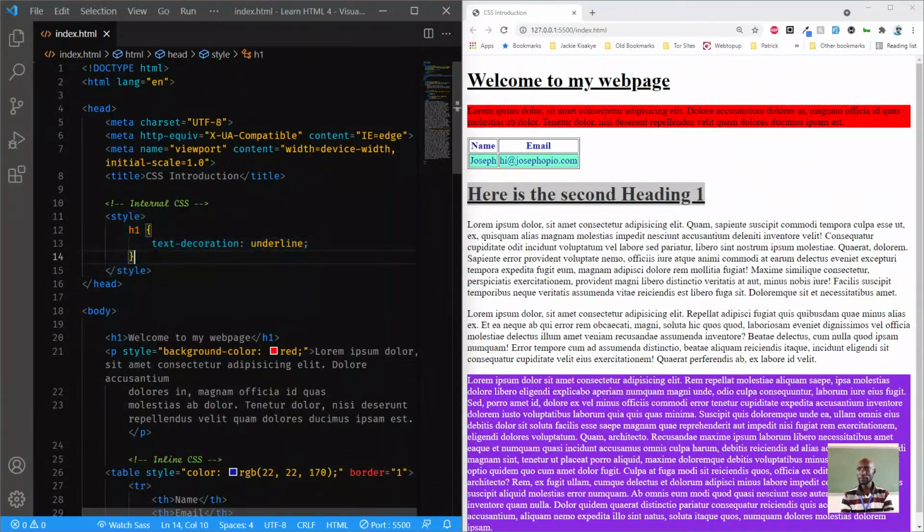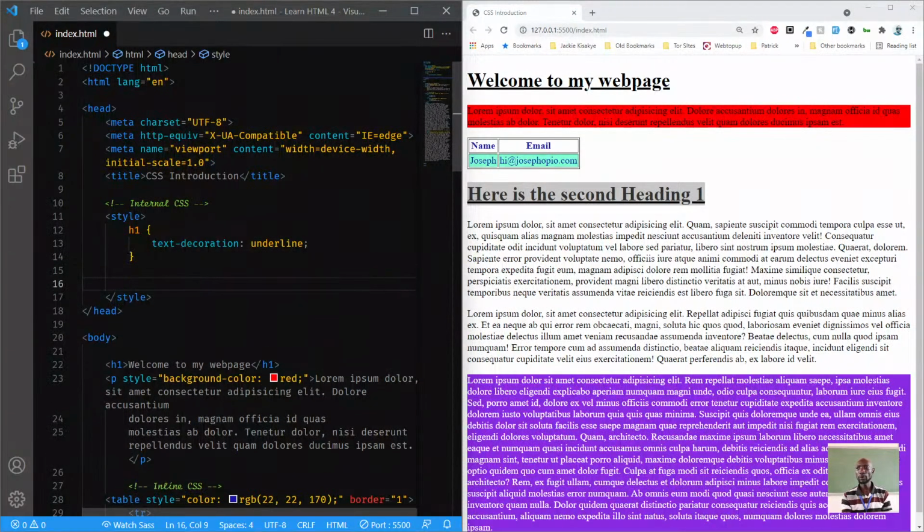So let's say, for example, I wanted to make all my paragraphs have a font family of maybe Gill Sans, or maybe I need basically to use a sans serif font. I could say